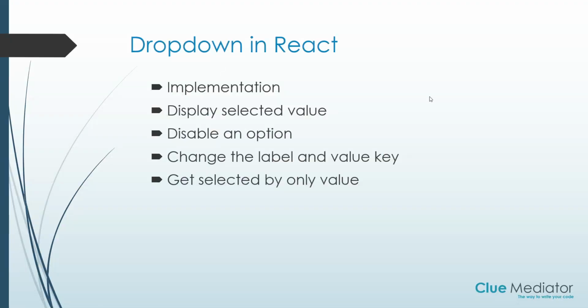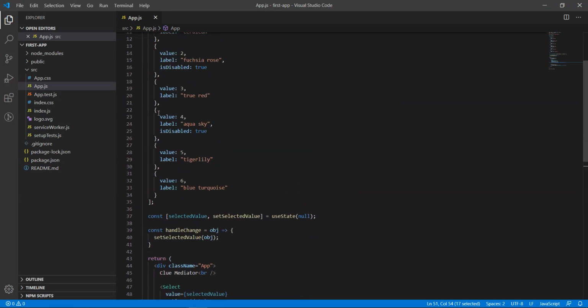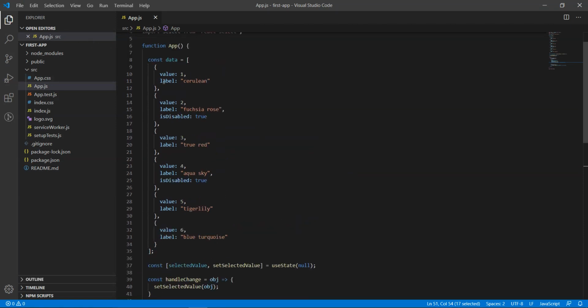Okay, change the label and value key. If you notice, we have three attributes in the object: value, label and isDisabled. Suppose I am receiving the key as name instead of label, then what happens? Let's check it.